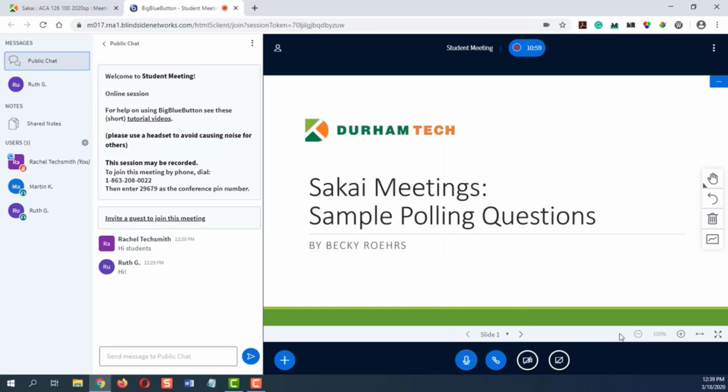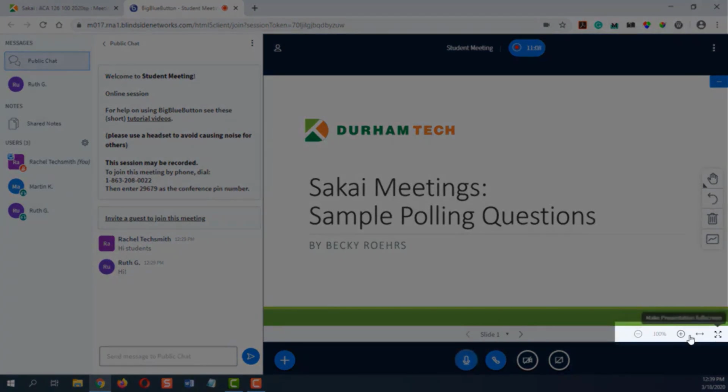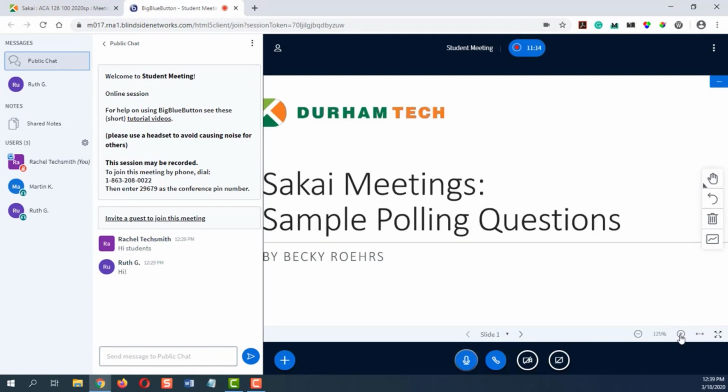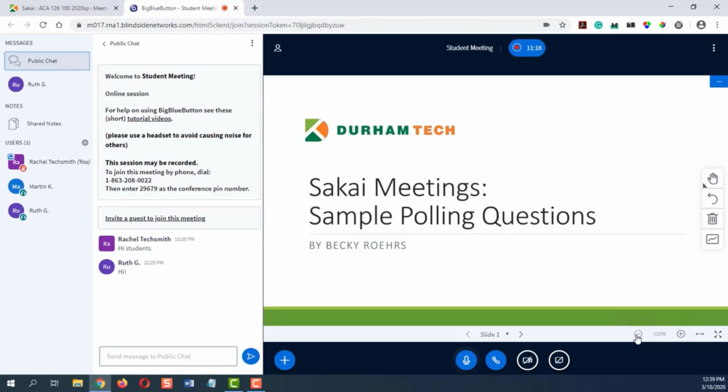There's also a few things you can do on the right to make it appear a little different to you and your students. You could click on the plus sign over here on the right, way to the right of where the slide and forward button is. You can zoom in and you can see it gets very large. You might not need to do that. You can zoom back. There's also something that's called fit to width. I think we're already as extended to the left and right as we can be, so that doesn't do anything.